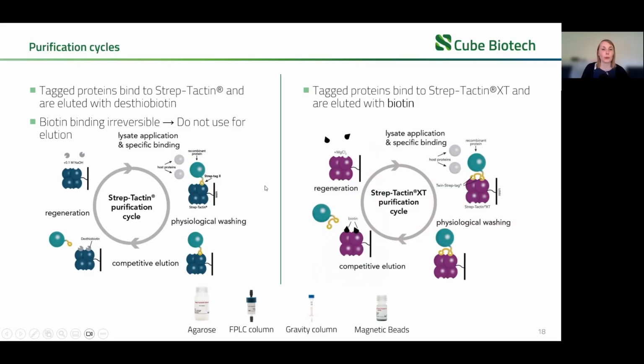Here I just want to show you what the differences are in the purification cycle between Strep-Tactin and Strep-Tactin XT. Overall, it's pretty similar. You load your cell lysate containing your protein, you have a washing step, and then the key difference is actually in the elution. For Strep-Tactin you have to elute with desthiobiotin, which is a biotin derivative, and for Strep-Tactin XT you have to elute with